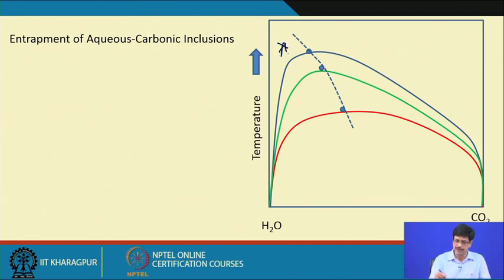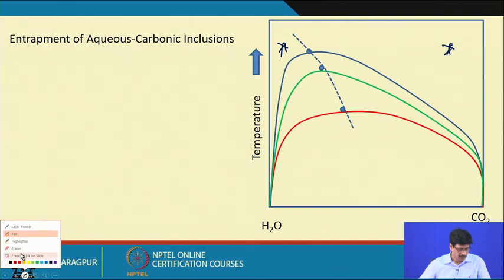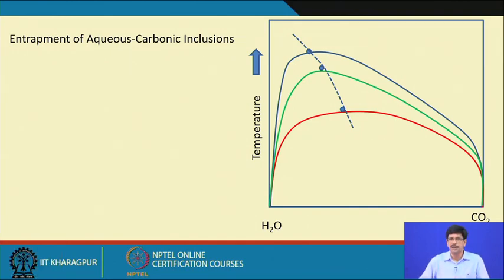being either somewhere here or somewhere here, they are going to give rise to inclusions which will be aqueous carbonic inclusions, showing their typical behavior. They can also be called, in a way, polyphase, meaning two liquids plus or minus vapor. Such kinds of entrapment processes are very much possible and can be explained on the basis of a simple phase diagram. And we are still sticking to very simple situations, and we will discuss the more complicated ones later.